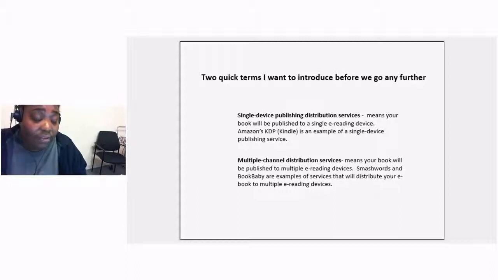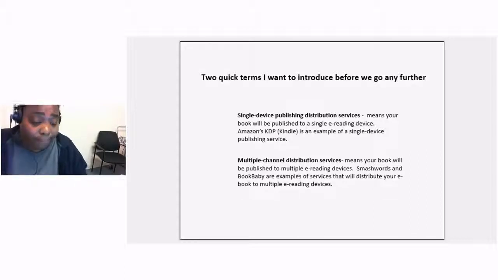Now, let's say you uploaded your ebook to a multi-channel distribution service like Smashwords. Smashwords would distribute your book everywhere. So it would be on the Apple Store, and someone could purchase your book there. Someone could purchase your book from Kindle, from Amazon. They also could purchase it from Sony Books or Google Books. So those are the two different terms that you need to know when you're making the decision where you want